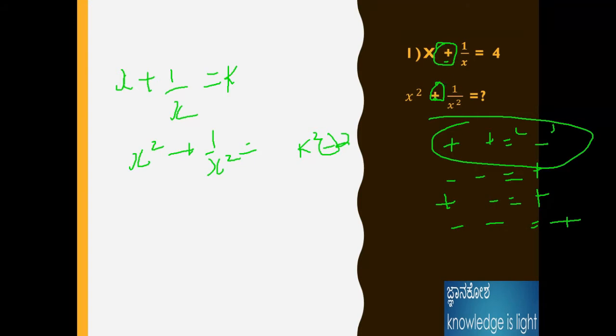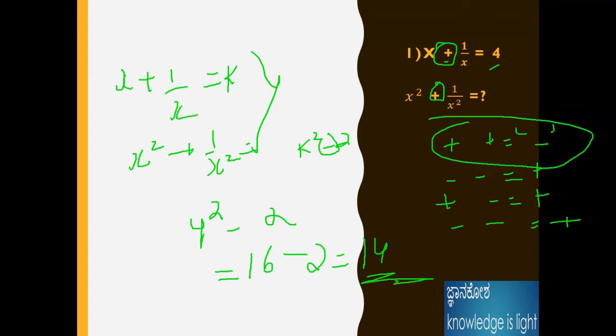The plus sign is there, so we need to take it as minus for these kinds of formats. The format is like this only. That's why we use 4 as the k. Therefore 4 square, plus becomes minus, from this logic 4 square minus 2. That means 16 minus 2 is equal to 14, the answer for this question. Like that we can solve any of the questions. I will take a second problem, you will understand definitely.